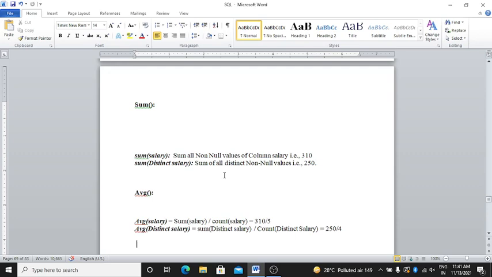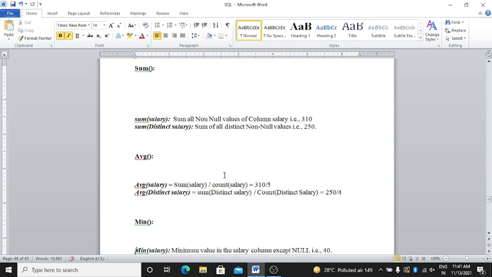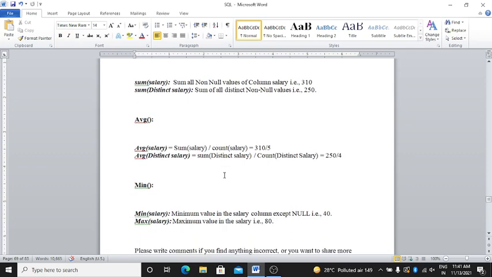The same with distinct: the sum of all distinct not null values is 250. Then average salary is sum salary upon count salary, 310 by 5. Average distinct salary is sum distinct salary upon count distinct salary, so 250 by 4.